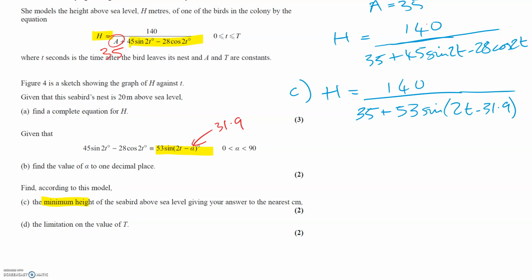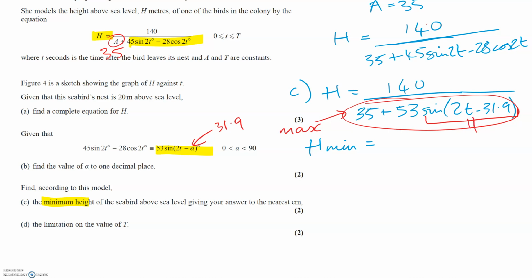Okay, so if we want the minimum h, the minimum value of h is going to be when the whole denominator is at its maximum. So we want this to be at its maximum because we want to do 140 divided by the biggest number possible. So the maximum that denominator can be will be when